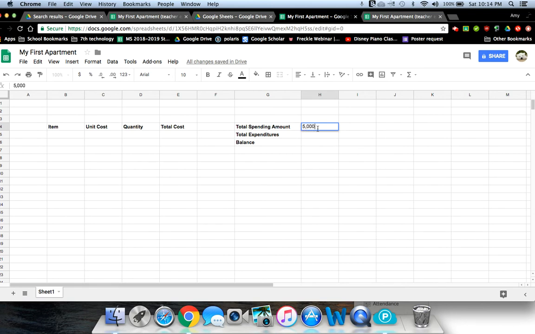You want to put in the 5,000, and then we're just going to tell the computer up here. Do you see here on this toolbar? If I just hit the money, it says format as currency. It automatically adds the $ sign for us. So we need to tell the computer, hey,